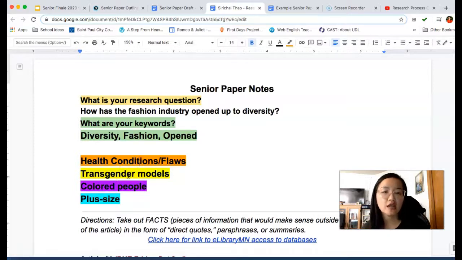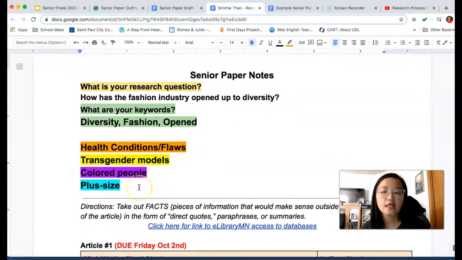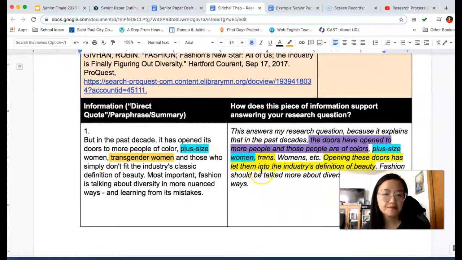to more gender diversity. And then he has people of color in purple, so being more racially diverse. And then he has plus size in the bright blue, right? So fashion industry being open up to more diversity in size. And so you'll see these are his 4 colors or his 4 categories, and then he's highlighted the different facts